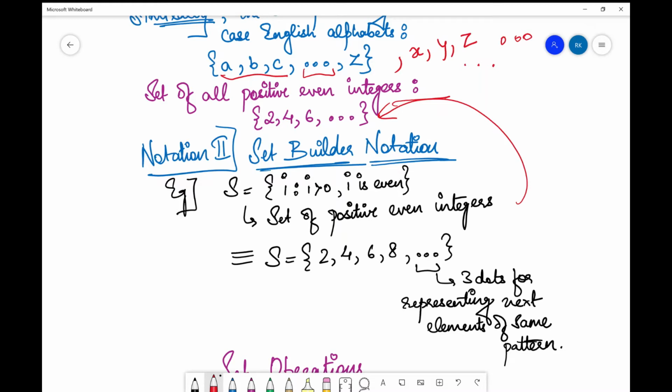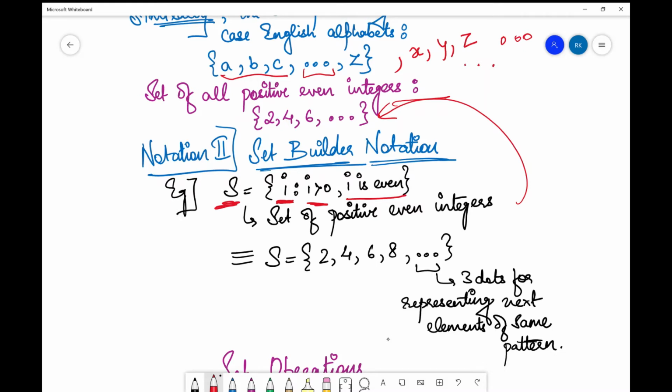Okay, so in that manner you need to think. For example, I write I, where I represents an element in the set S such that I is more than 0 and I is even. So what does that mean? That means I is even, so all the numbers present in this set would be even and the numbers are greater than 0. So how would I write it as a statement?